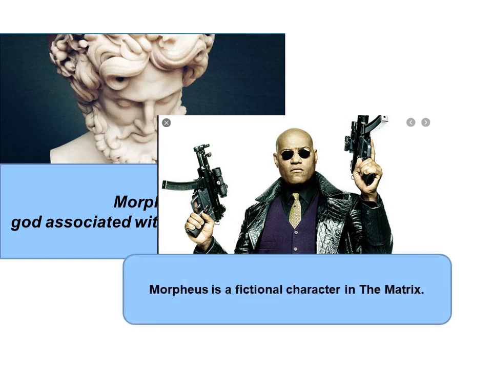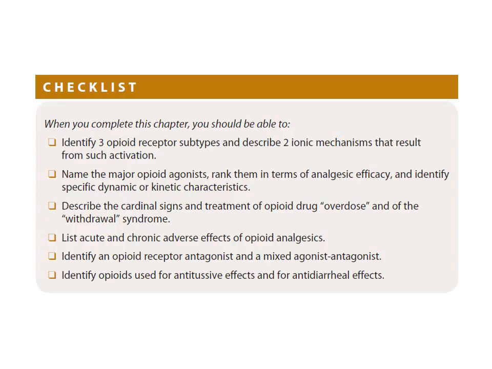So the next slide will be about the learning objectives. By the end of this chapter, you should be able to identify opioid receptor subtypes and their mechanisms, and opioid agonists in terms of their analgesic efficacy and their characteristics. This is a very important question from the examination point of view. You are asked to name the location of various opioid receptors, which are of three types. We are going to study mu, kappa, and delta, and then you should know their location and